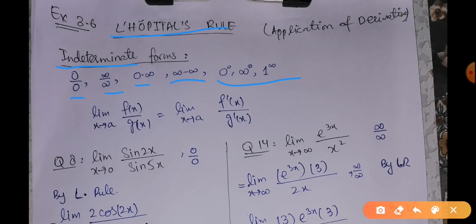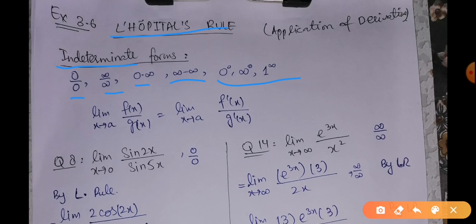These are all indeterminate forms that we have dealt with in chapter number 1, and we have discussed different techniques to deal with them, in which either we have to simplify the expression by factorization, or by dividing the numerator and denominator by the same expression, or by rationalization. But we can avoid all these techniques just with the help of one single rule, which is named L'Hopital's rule. So now we are going to check how it is used.